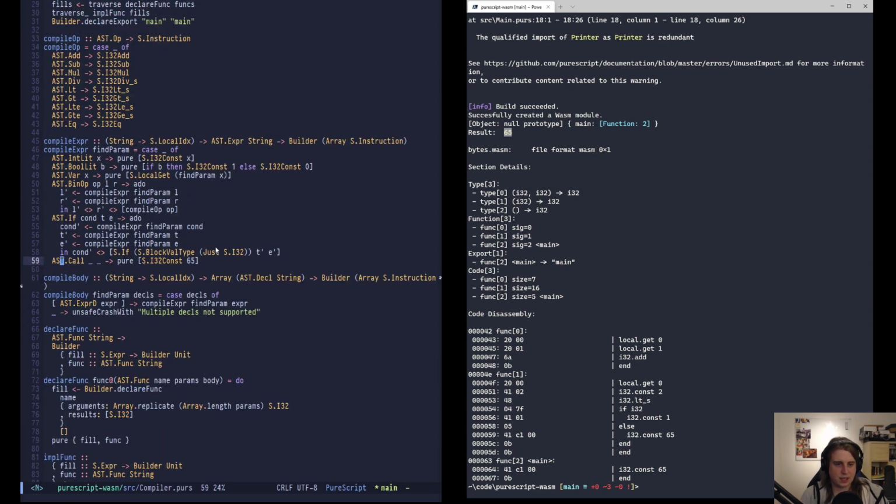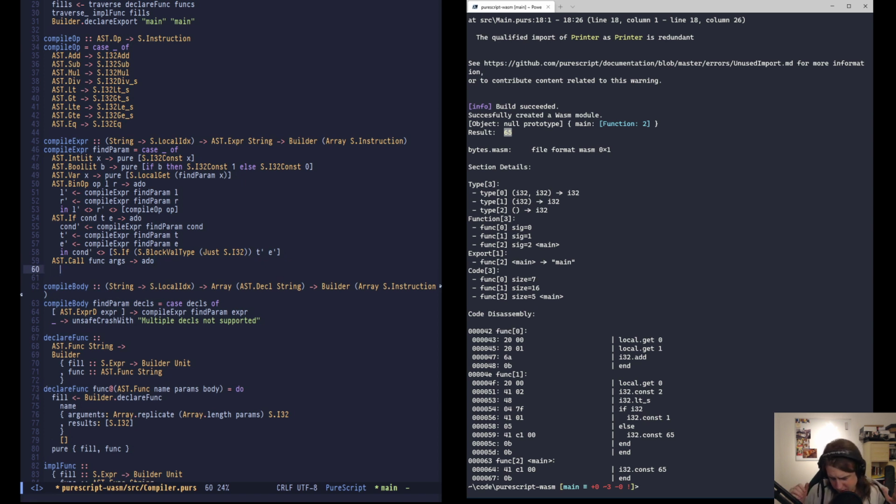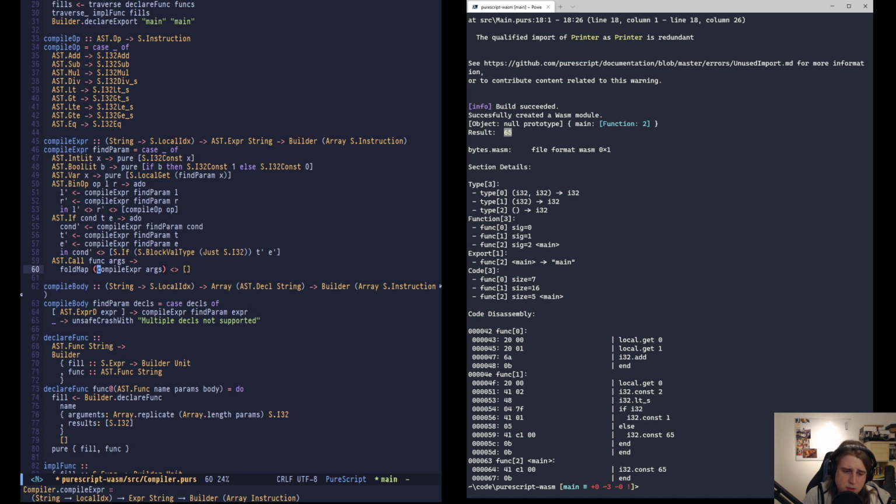So now for the grand finale. This is the function and these are the arguments. How do we compile function calls? Well, it's quite easy actually. What we do is we put all of these arguments on the stack and then we're just going to call the function at the end. Okay, so we're going to do fold map. We're going to compile all of these arguments. And then the only thing we need to do is at the end,